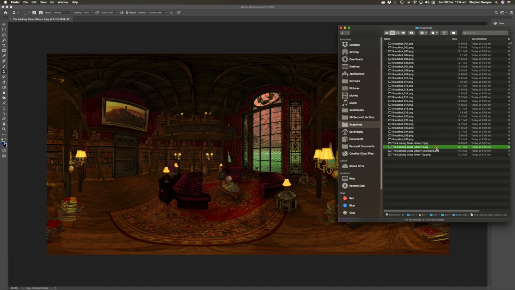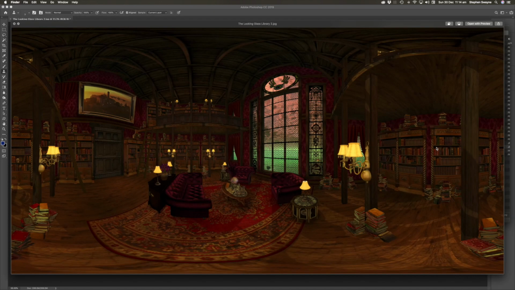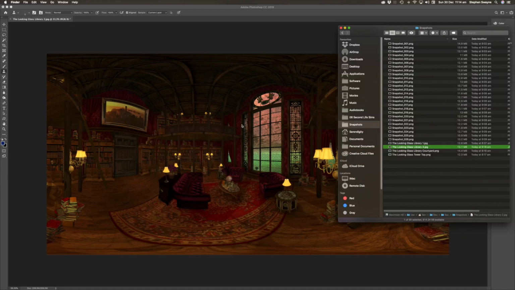And that file there is now ready to have metadata added to it, because it came out of the stitching program and then out of Photoshop with no metadata to tell the internet that it's a 360-degree equirectangular. Okay, so we've edited the image in Adobe Photoshop, and the last step in the process is to add in some specific metadata inside the JPEG file